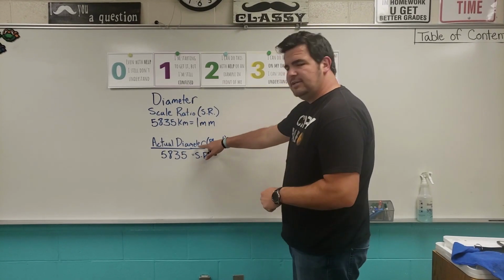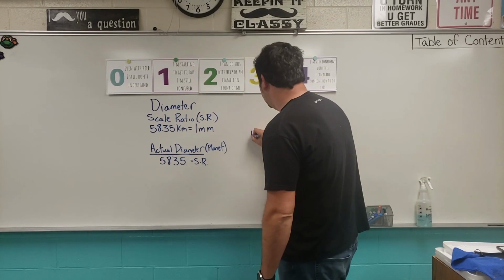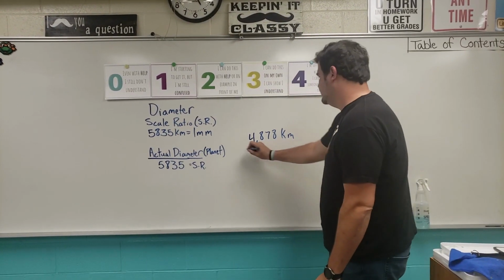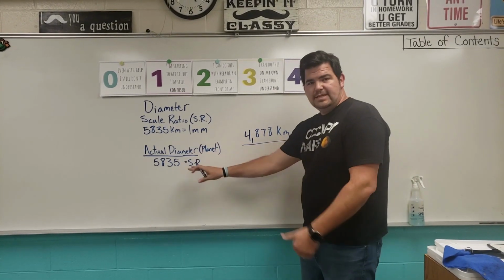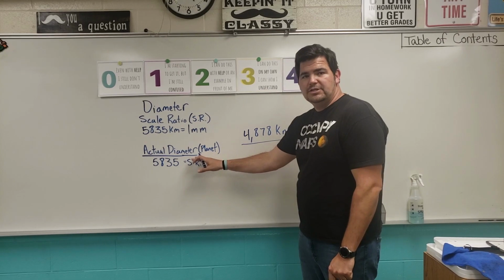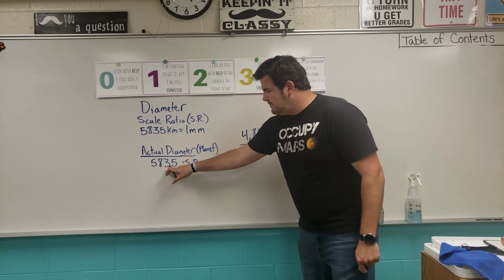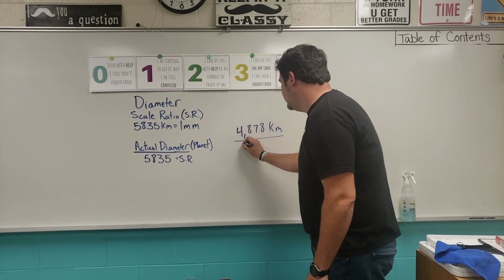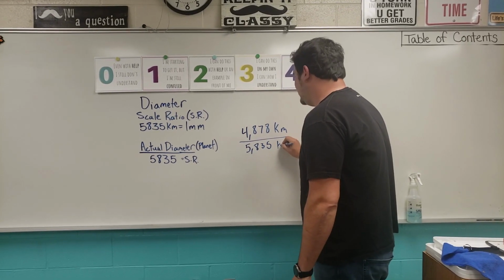So you're going to take the actual diameter of the planet. In this case, the actual diameter of Mercury is 4,878 kilometers. And what they need to understand is this is your mathematical equation every time. You plug in the actual diameter of the planet and you're going to divide by the scale ratio, which is 5,835. So when I put this on here, and I divide